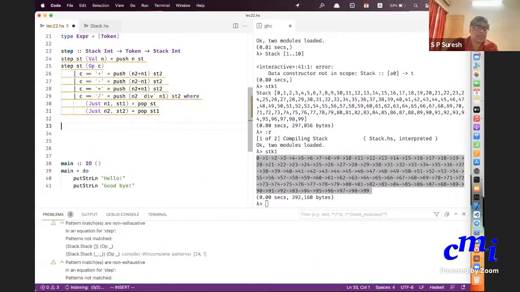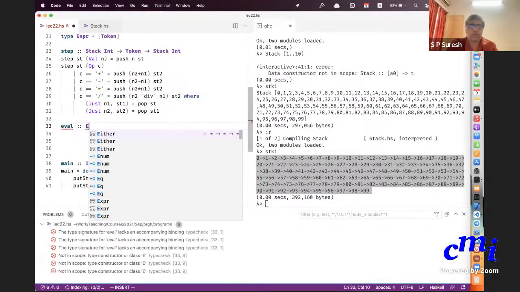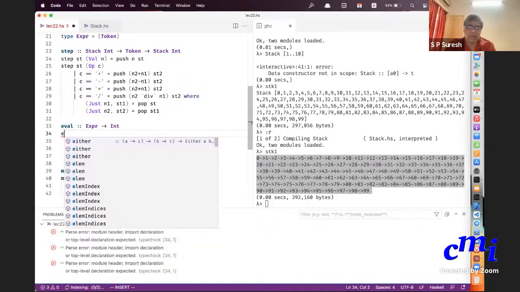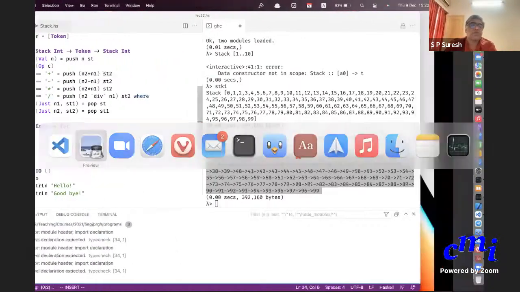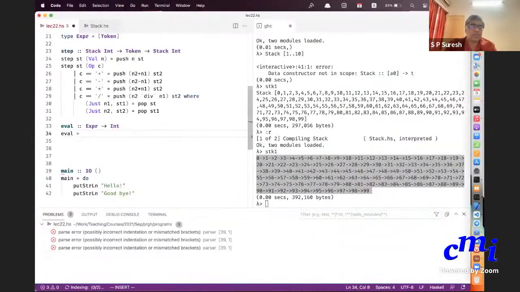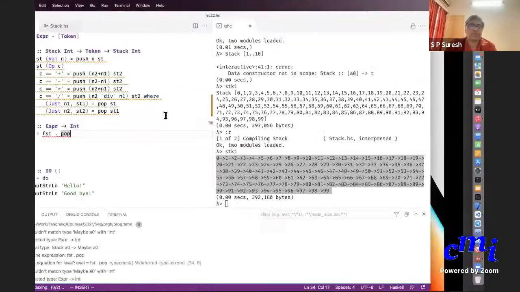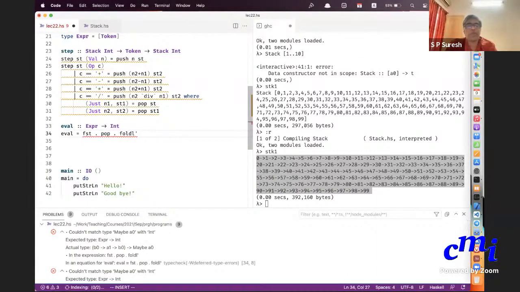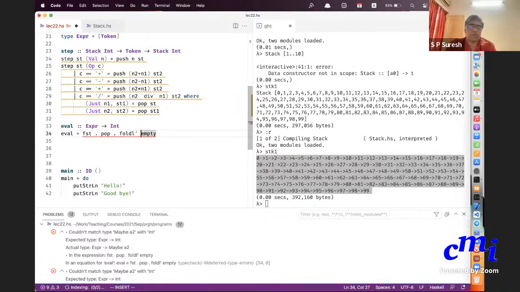Finally, I want to evaluate an expression, and evaluating an expression is simple. I'm going to assume that expressions are all properly given, etc. So eval is nothing but first of pop, old L prime, step empty.